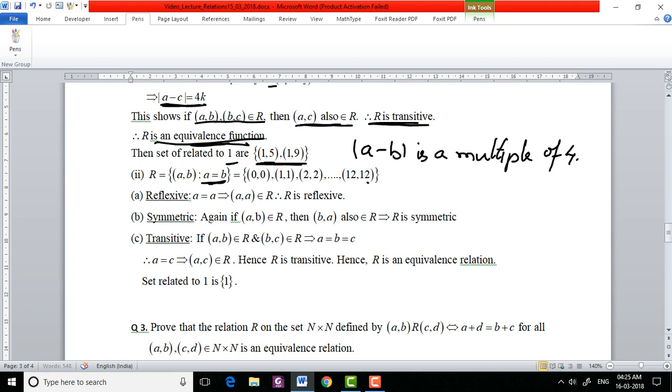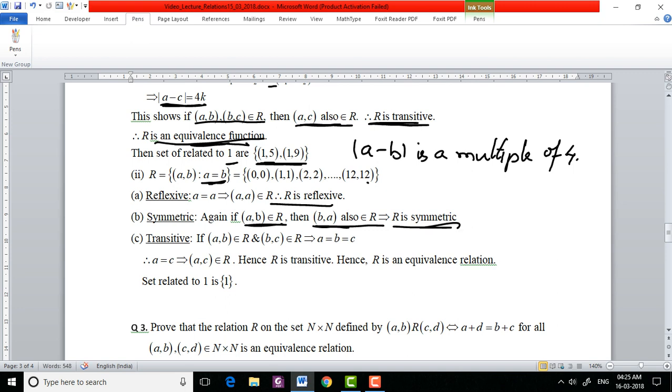So it means all the doublets are present in this relation. Now in order to check whether it is reflexive, we need to check whether a comma a belongs to R, and since clearly a is related to a in this relation, R is reflexive in nature. For the symmetric part, if a comma b belongs to R, then b comma a must also belong to R. Now in this case all the doublets are present in the relation, so it is an obvious case that for every a comma b belonging to R, b comma a also belongs to R, so R is also symmetric in